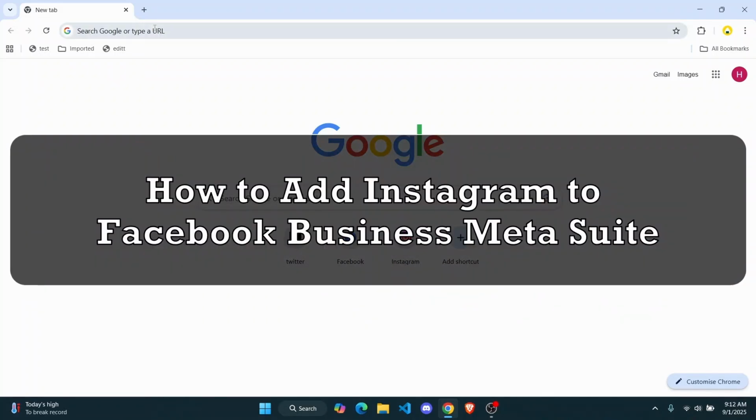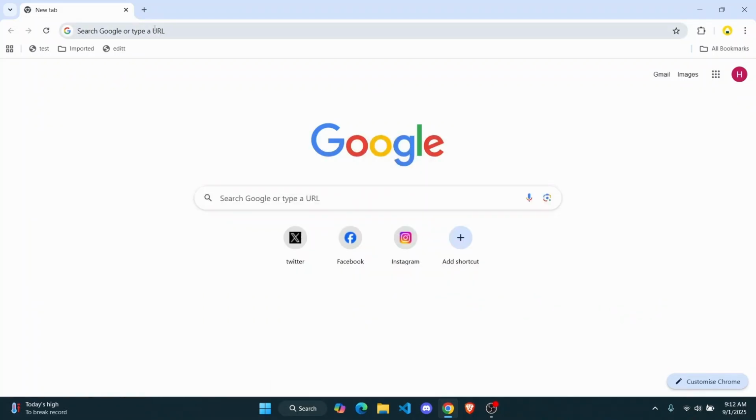How to add Instagram to Facebook's Meta Business Suite. Hey everyone, in this tutorial, I'll show you a quick and easy way to connect your Instagram account to your